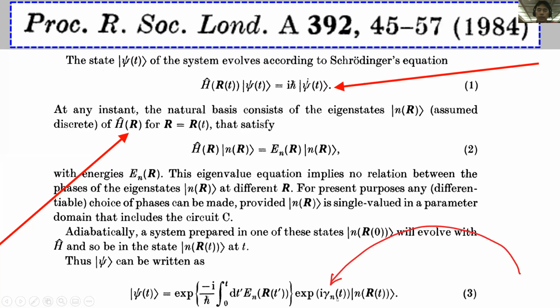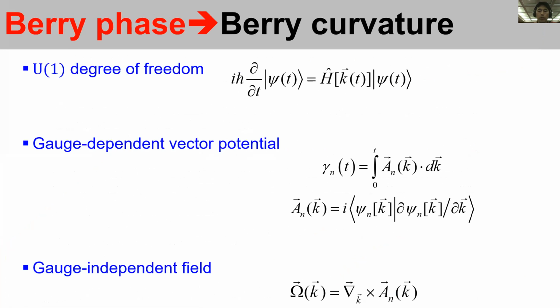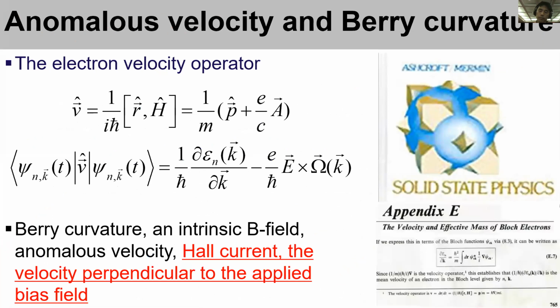This additional phase is called the Berry phase. The Berry phase is a very general concept, and it can be represented by the line integral of the Berry vector potential, something like a magnetic vector potential. The curl of the vector potential is defined as the Berry curvature, like a magnetic field. And this Berry curvature is one of the most important concepts in solid state physics, because